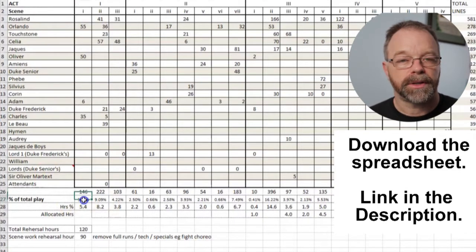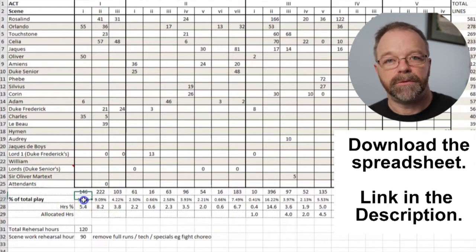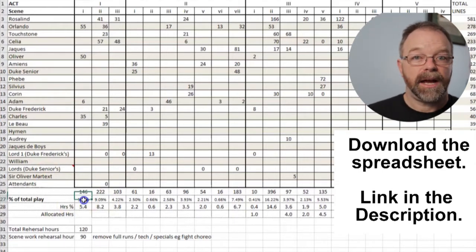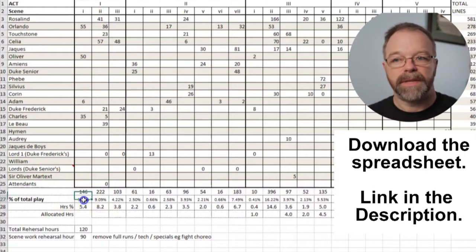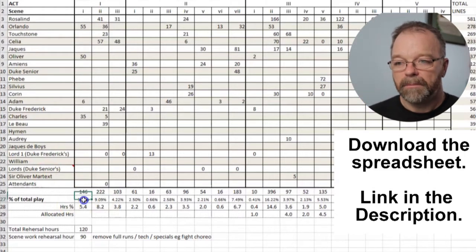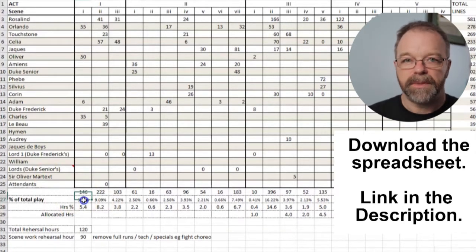And then you'll do block 3 and run into tech runs. So you'll dress runs rather, before you do your tech. So that is how I build my rehearsal schedules. Now, I might not schedule all of that. I'll leave that to the stage manager. But what I do with the information from this spreadsheet is help the stage manager get a sense of what I'm trying to achieve, and then use this to allocate the time.